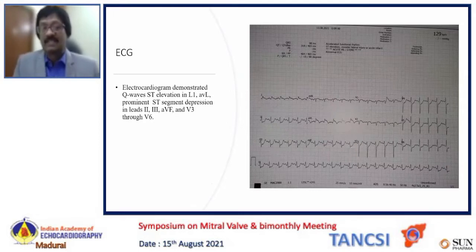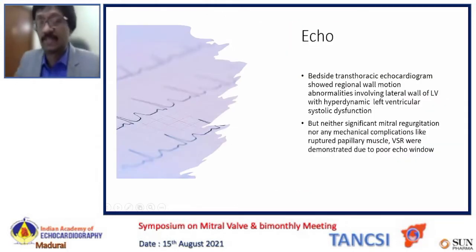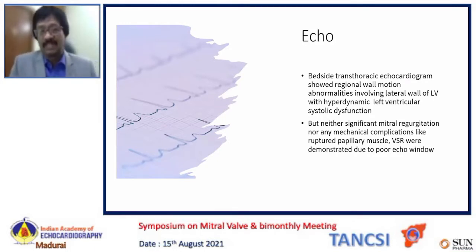On ECG, you can see there is elevation involving L1 and AVL and gross ST depression involving 2, 3, AVF, V3 to V6. There is one slight elevation involving the AVR and V1, V2. The patient was admitted around 1 a.m. in the middle of the night, and the bedside screening echo done in the emergency department showed mild regional wall motion abnormality involving the lateral wall,